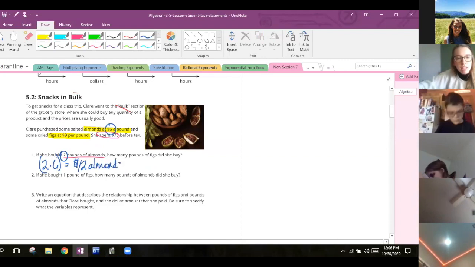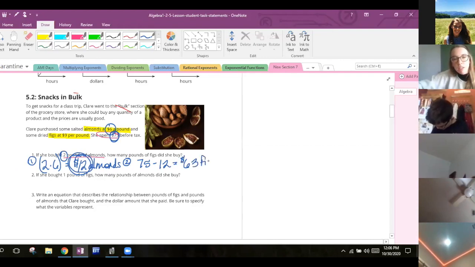Okay, but again, that's not what it asked us. It wanted to know how many pounds of figs. So if we spent $75 total and we spent $12 on almonds, how are we going to figure out how much we spent on figs? Subtraction. We're going to subtract. So we're going to do 75 minus 12 almonds, and that's going to give us $63